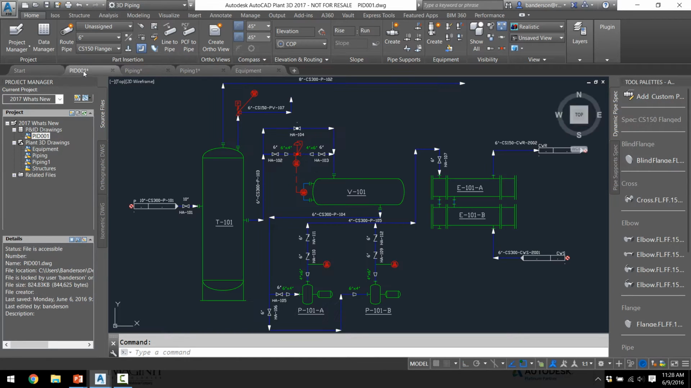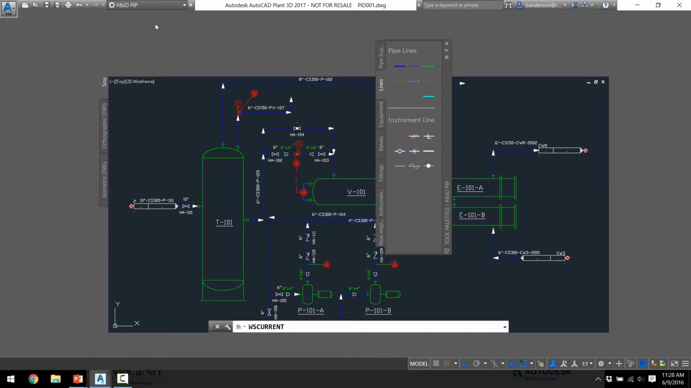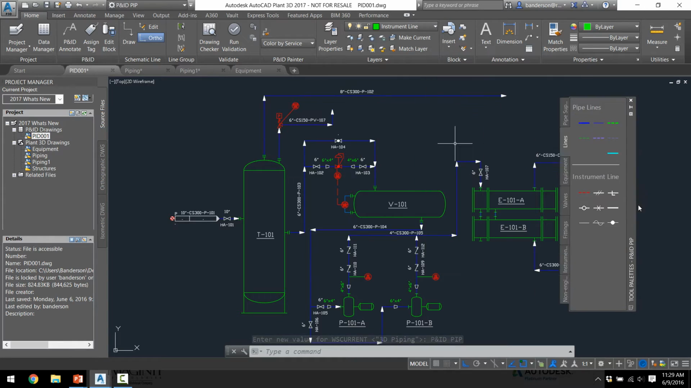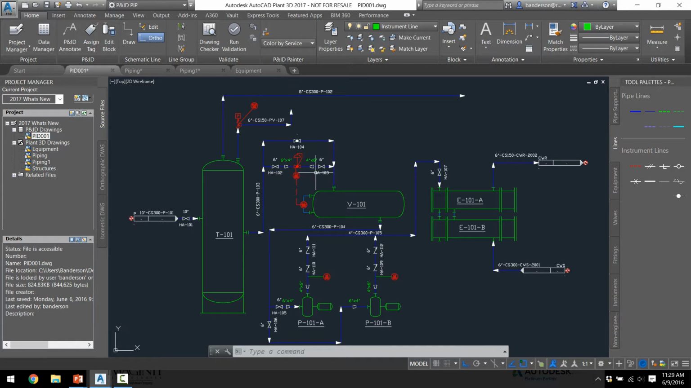Now I'm going to jump into Plant 3D, and I'm going to start on the P&ID side. Now changing my workspace to a PID, you'll see that I have a new tab called the PID Painter. Now, again, what this does is it allows me to color my lines based off of different properties of this line. Out of the box, we have two filters. We have color by service and color by size. If I turn this on,